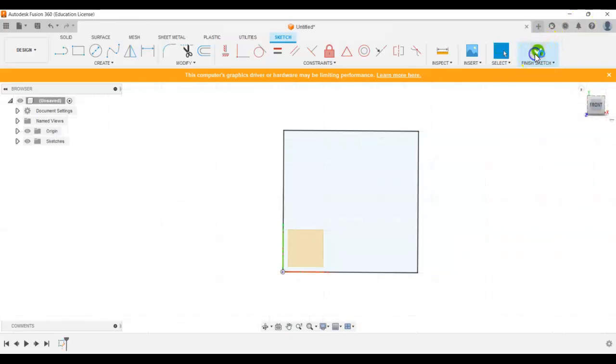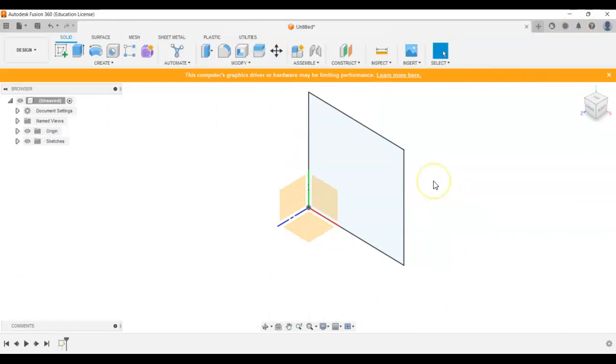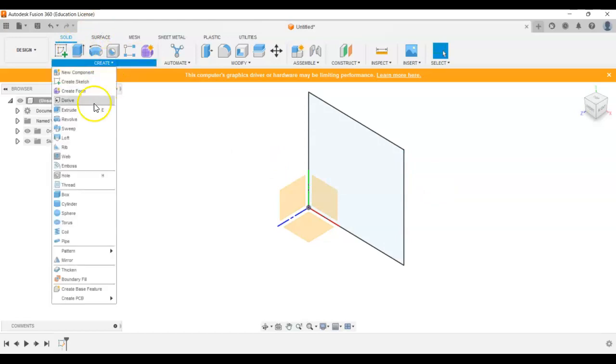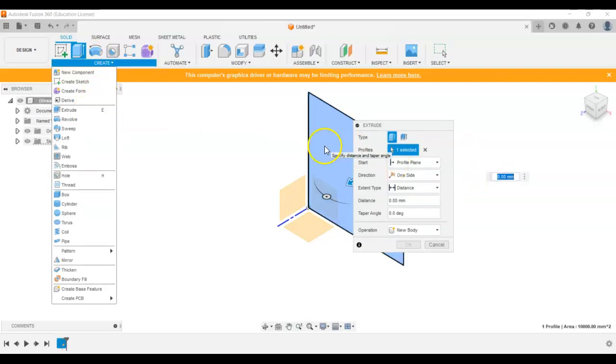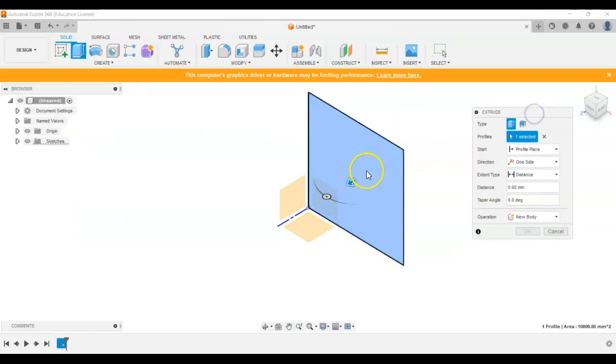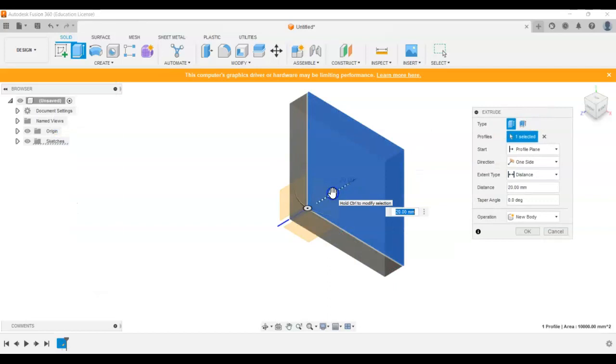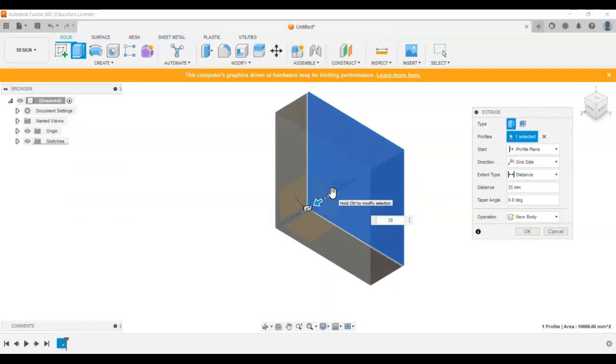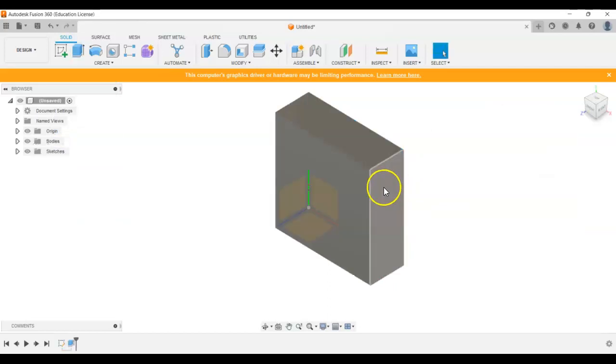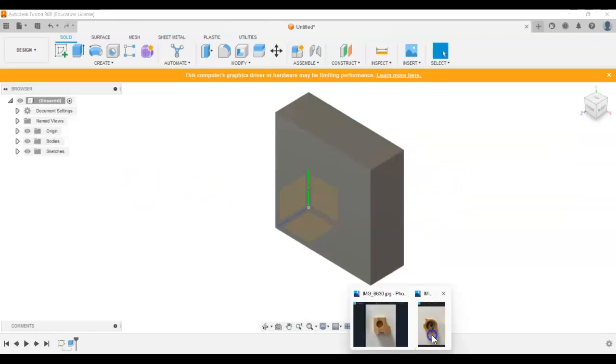Okay, I click finish sketch, and we can see that's now standing upright. I can either click extrude here, I can click create and extrude, or just simply E on the keyboard, which will bring me the extrude palette, and I can pull out, and I want to go to 35. That's the thickness of our timber, and that is how we make the block for the standing up one,